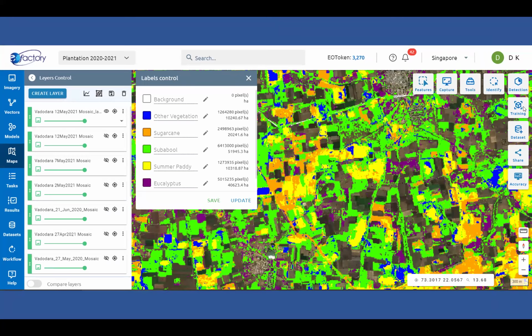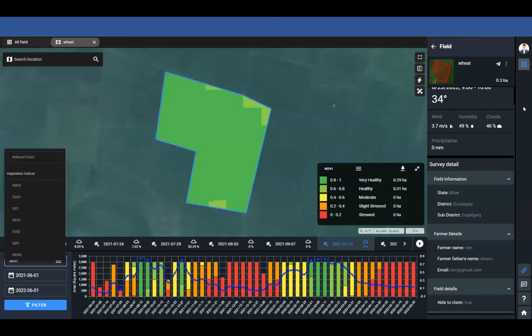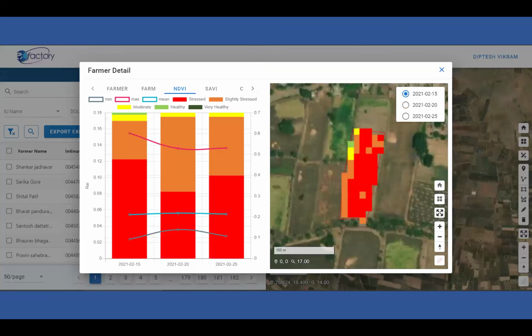What type of crops were there? Then we do the temporal analysis, that is the before event and after event analysis. What has happened? And then different index analysis. You can see on the left hand side there are multiple indices: NDVI, SAVI, GCI which is the chlorophyll index, red edge chlorophyll index, structure intensive pigment index. Different indices give different kinds of information about the damage. Then you compare the before event and the after event, and finally you do the analysis by integrating all the indices and generate a report.